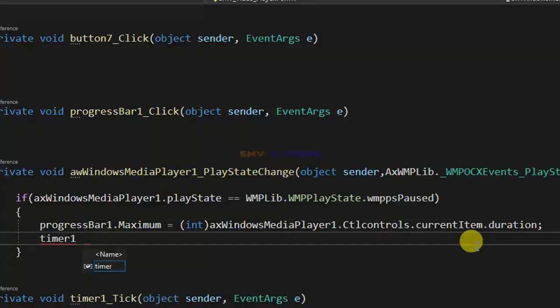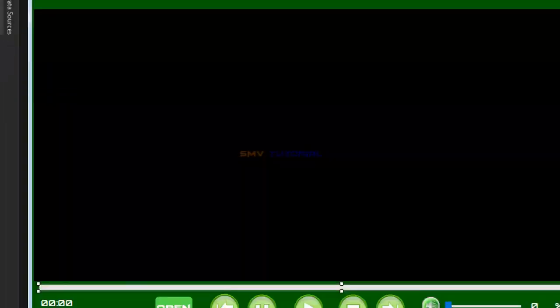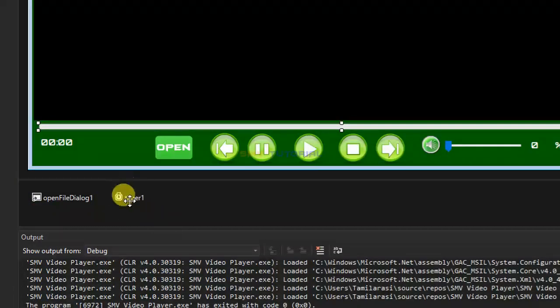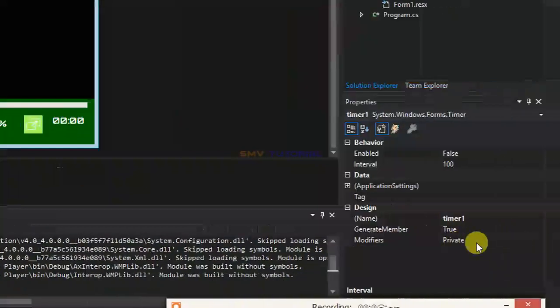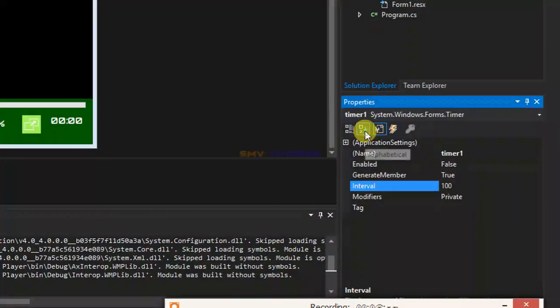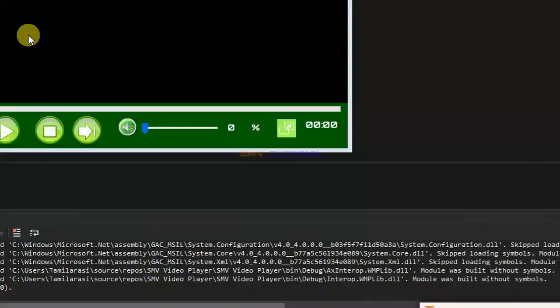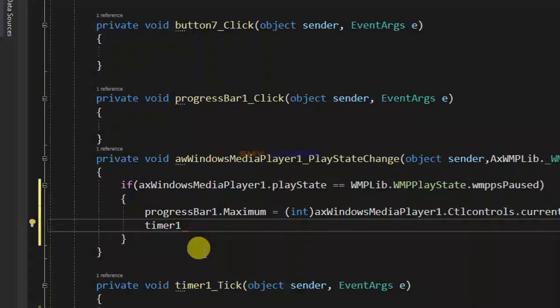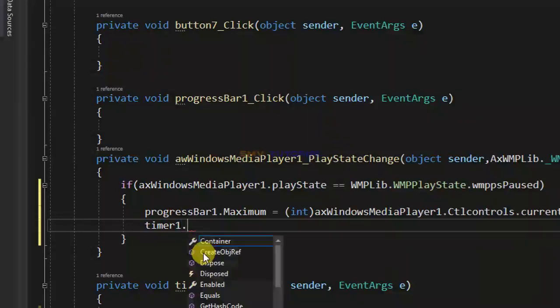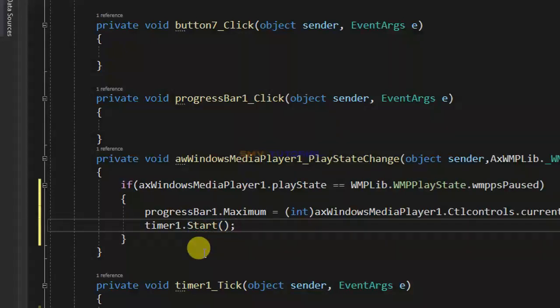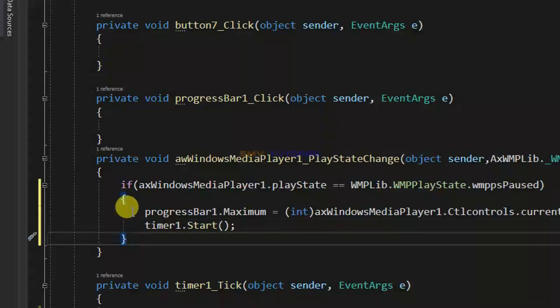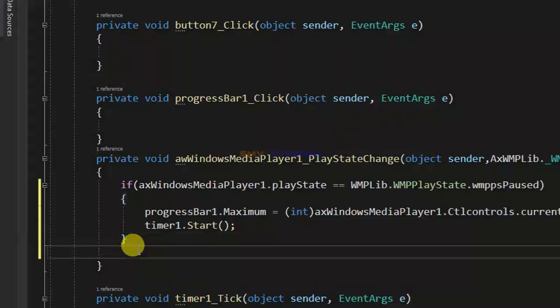Timer1, this timer1 object is created initially. The object variable name is timer1. I call this timer1 dot Start, and next click the end of the if and hit enter, and next else if